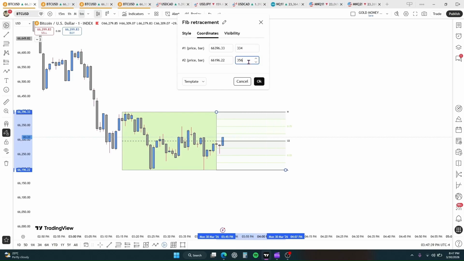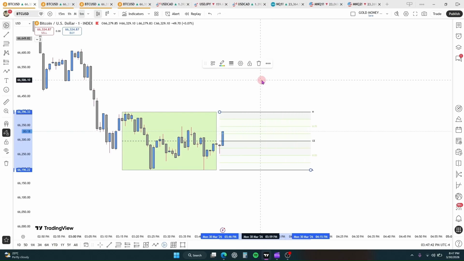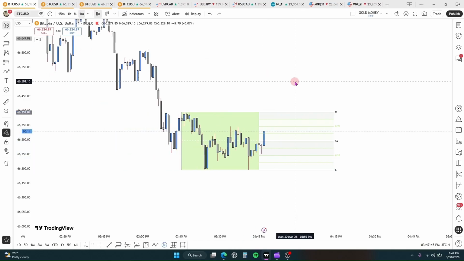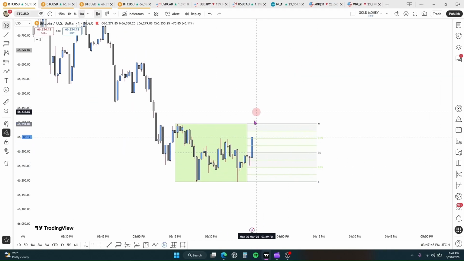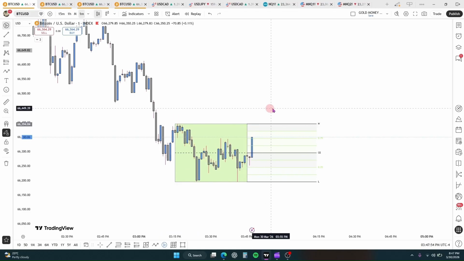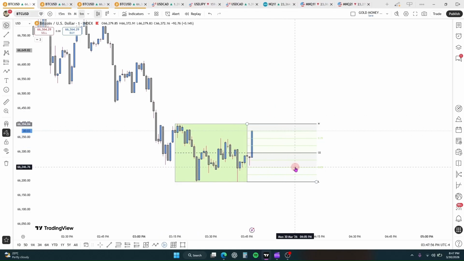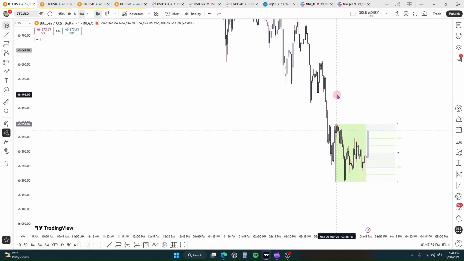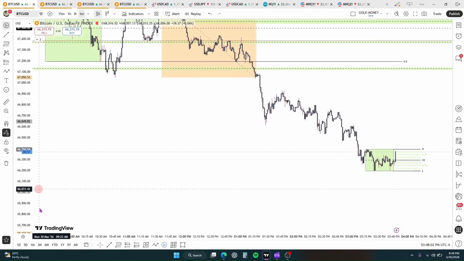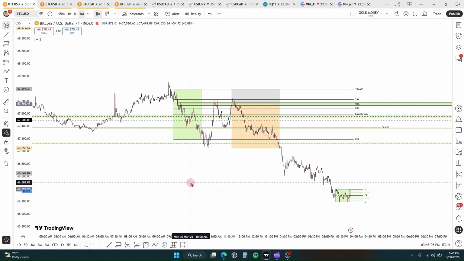Okay, so this is my macro projection right here. So if we're taking the high first, then I wouldn't mind seeing price really aggressively take that high and then potentially roll back into the range and use up the range. But to be honest, I just enjoy seeing what price says in relation to these macros. Okay, so